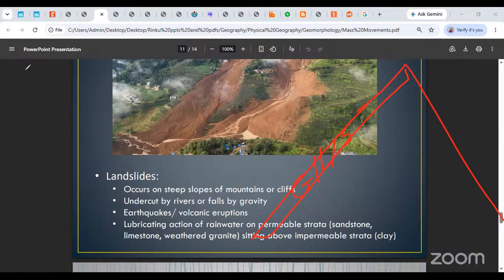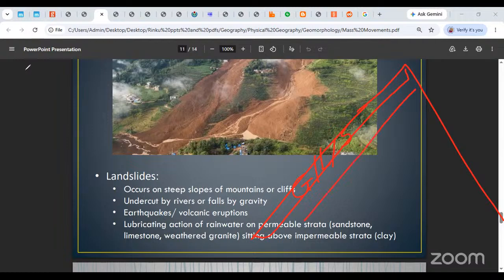Okay. Next, we are saying that the upper layer of the slope is going to be granite, sandstone, limestone. The reason why I am naming these rocks is because water can pass through this. Granite, weathered granite is clearly jointed. Water can pass through it in the form of cracks. There are cracks developed and water can pass through. Sandstone is the same. That rock is porous. The pores can connect to each other and the water can pass straight through the rock downwards. Limestone is also jointed, so clearly water can pass through the cracks.